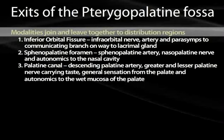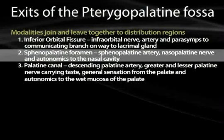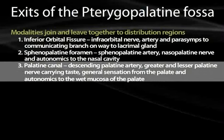If it goes into the orbit, it's got to go up through the roof, and it's going to become portions of the infraorbital nerve, the infraorbital artery, and parasympathetics that will jump up and communicate to the lacrimal gland. Secondly, there's the sphenopalatine foramen, which will allow the sphenopalatine artery, the nasopalatine nerve, and the autonomics, which will keep the nasal cavity wet, all going through and into the nasal cavity. And then finally, there'll be a branch that is dropping down into the palatine canal, which will include the descending palatine artery, the greater and lesser palatine nerves, and general sensation to the palate, as well as the autonomics that